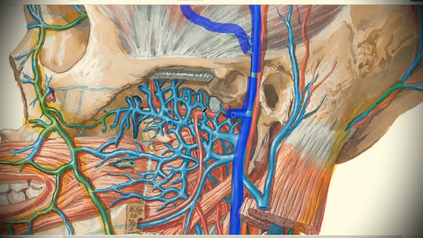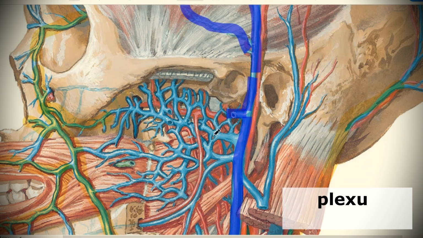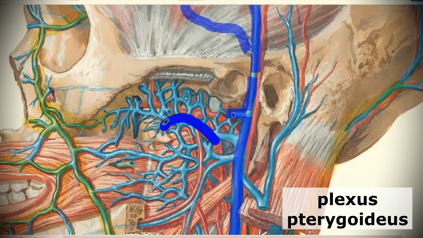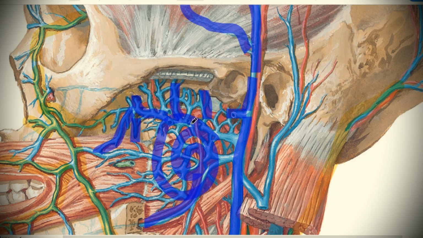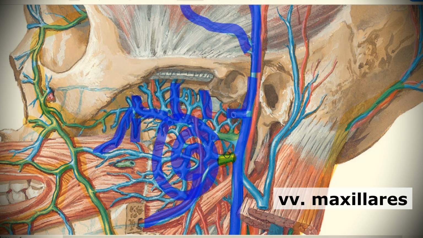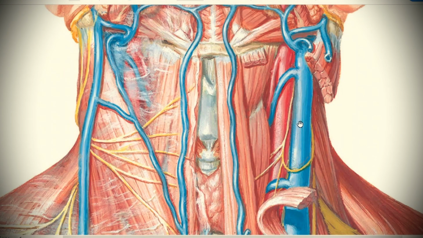It drains pterygoid plexus. On the lateral wall of musculus pterygoideus lateralis, we have a big plexus. Actually, plexus pterygoideus is similar, as you can see, to arteria maxillaris. Pterygoid plexus gets all these tributaries that accompany branches of arteria maxillaris. From plexus pterygoideus, we have a few big veins that can be called vena maxillaris, that fall into the vena retromandibularis. So vena jugularis interna is a deep vein that gathers blood from deep regions of your head